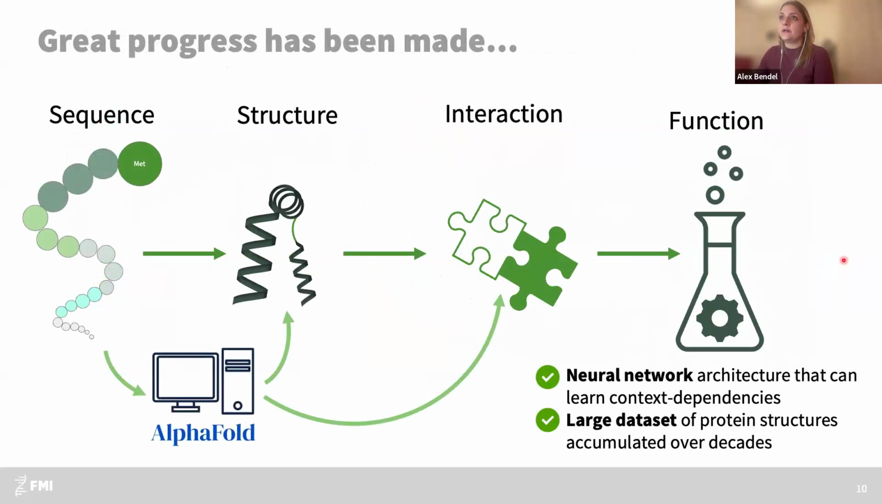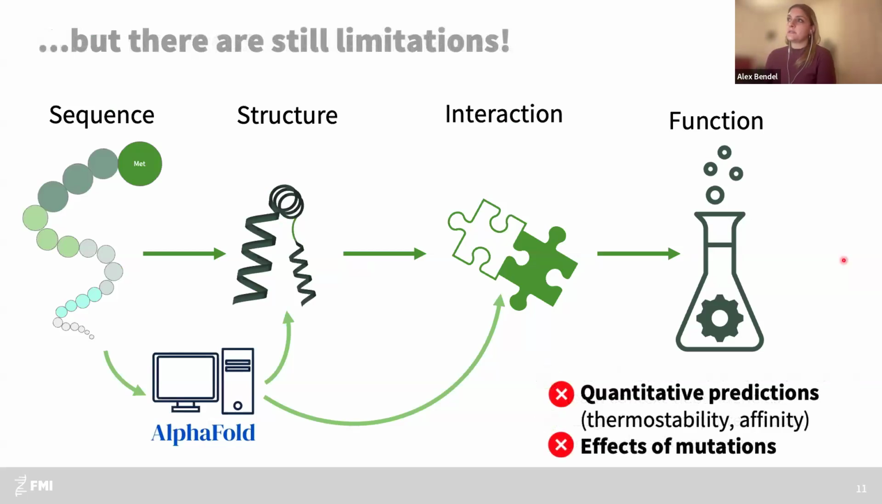As mentioned before, since the launch of AlphaFold, we have made great progress in predicting protein function, especially folding and also protein-protein interactions, because AlphaFold is a very powerful neural network trained on an immense data set of protein structures. However, there are still limitations. For example, when it comes to making quantitative predictions about, for example, interaction strength, or predicting the effects of mutations